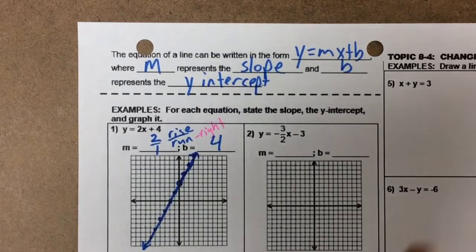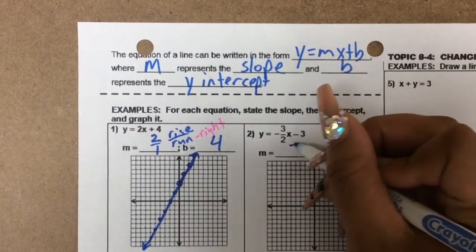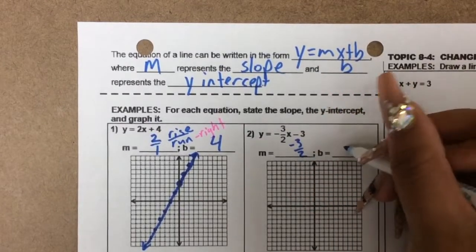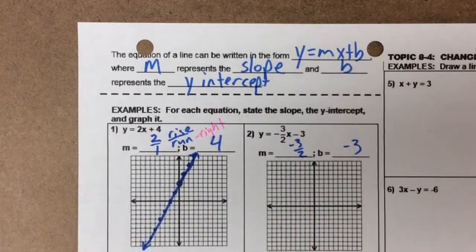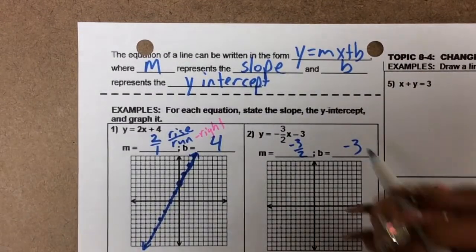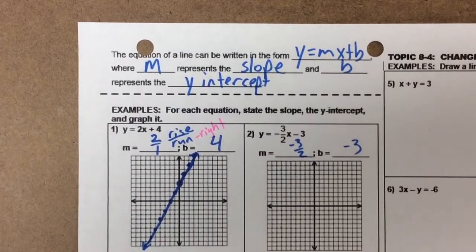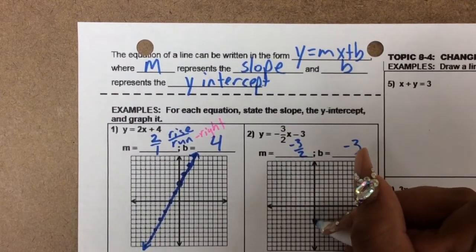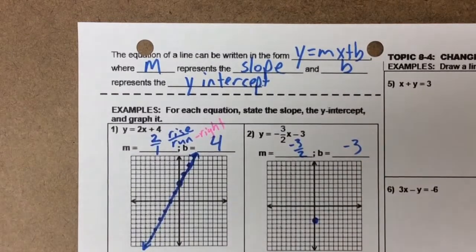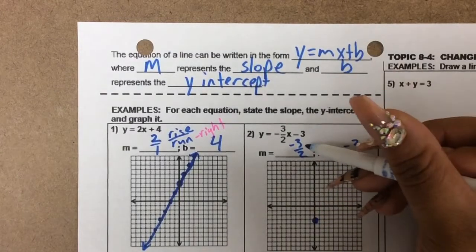Okay, number 2. My slope is negative 3 over 2. My y-intercept is negative 3. So b is where you begin. I'm going to begin at negative 3 on the y-axis. m is your slope. So I like to think of m as how you move on the graph. So I'm going to move negative 3,